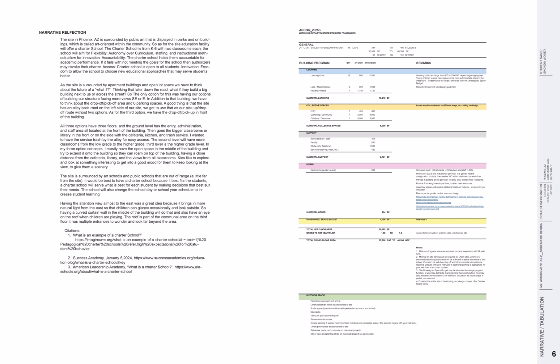For my education facility, we offer a charter school from K through 6 with 2 classrooms each. This school will aim for flexibility, accountability, and access, and also the freedom to choose new educational approaches that may serve students better, so they can change a whole school year for them. And our site is surrounded by